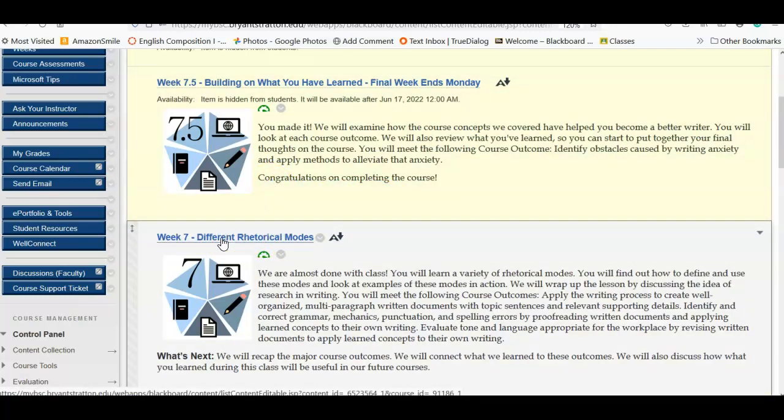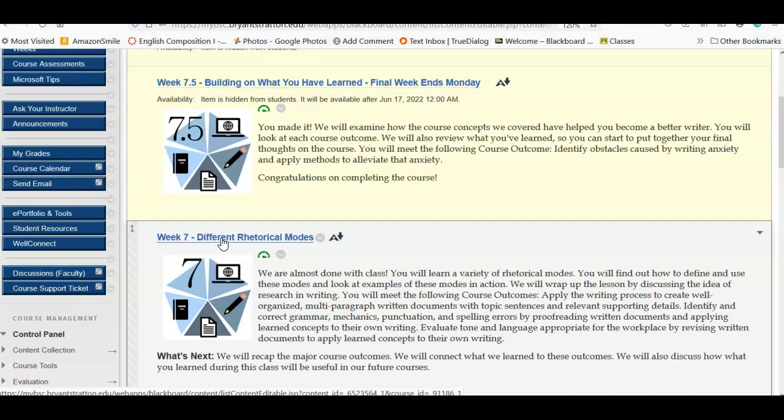So let's dig into week 7. We're talking about different rhetorical modes as far as writing. You have written really more of a narrative essay for this one, of how a college degree would change your life. Remember that was the focus of this essay. As you move on in your college career here at Bryant and Stratton, there are lots of different rhetorical modes of writing.